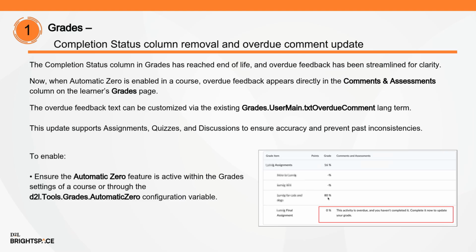The completion status column in grades has reached end of life, and overdue feedback has been streamlined for clarity. Now, when automatic zero is enabled in a course, overdue feedback appears directly in the comments and assessments column on the learner's grades page. This removes reliance on the old completion status column and creates a more consistent way to identify overdue work. The overdue message can also be customized using the existing lang term